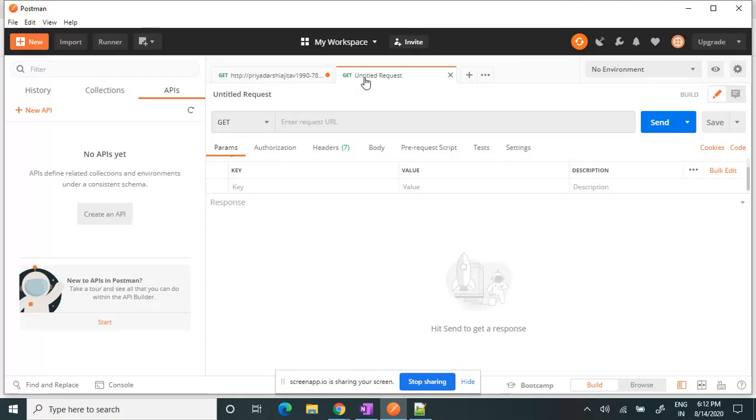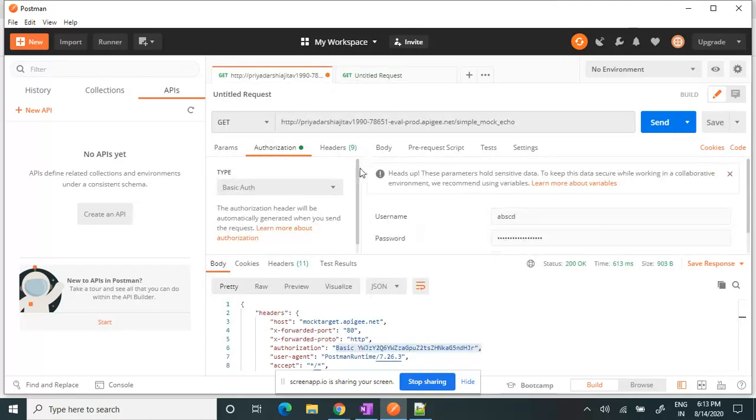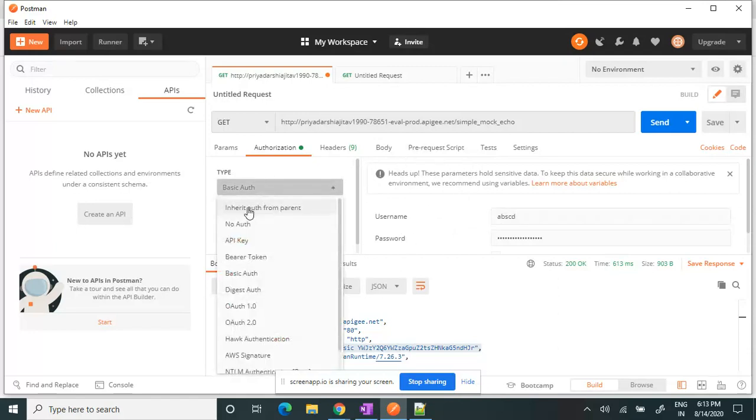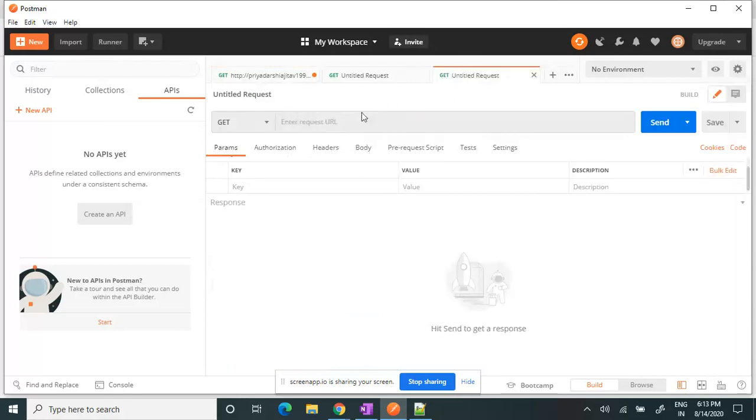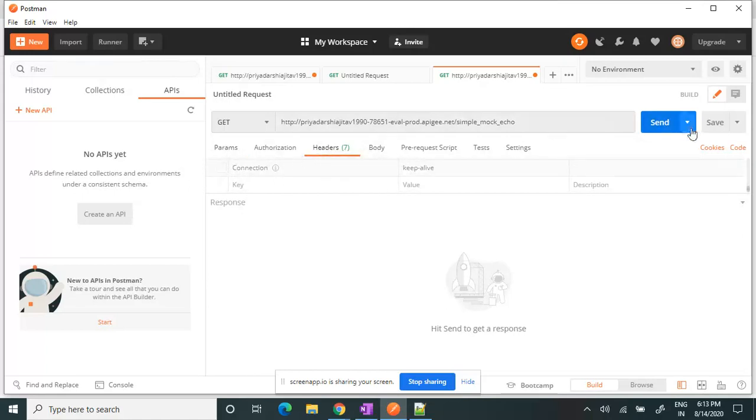In Postman, we have earlier seen how to do a GET call, and this time I'll be doing one GET call and I'll show you how I will be sending the authorization for the URL. So let me go here. In the normal way, this is the URL. I'll copy the URL, go to a new tab and try to hit this one. I'm doing a GET request. I'm not passing anything else, just sending the request.